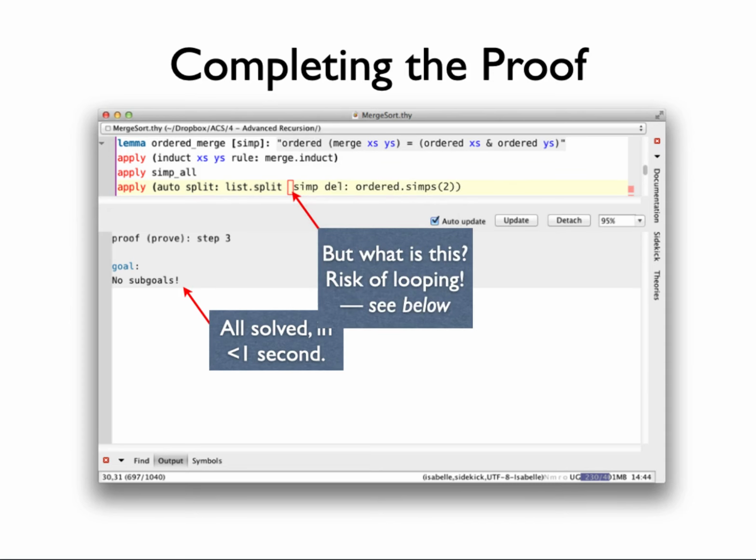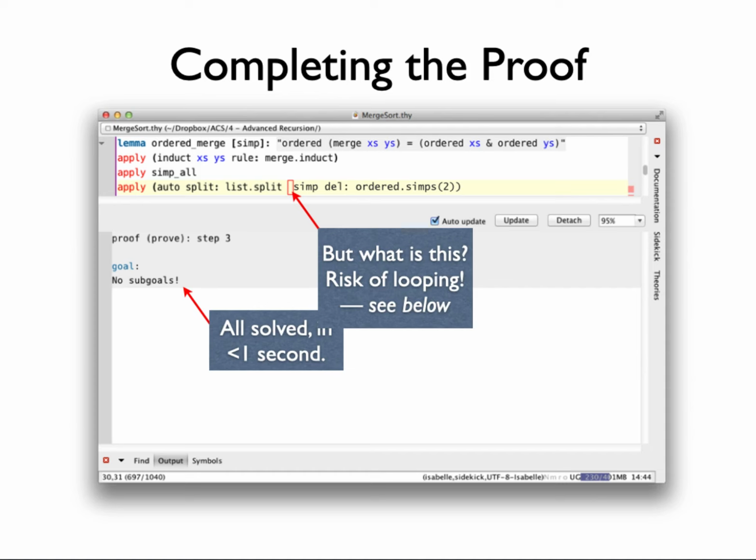So what needs to be there is that. So I need to delete. So you see, in the first step, I simplify everything, and in the second step, I do all the splits, but deleting one of the rewrite rules for ordered. Now, what's happening in detail perhaps maybe doesn't concern you very much,